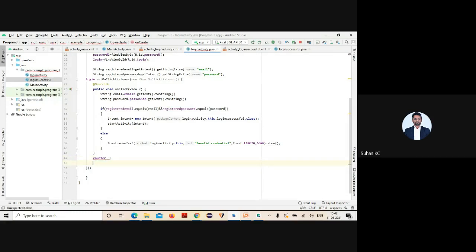I'll just write if counter equal to 0. What should I do is I should display a toast message, right? So to display a toast message, capital T Toast dot makeText method. This makeText method gets 3 parameters I'm passing. So first and foremost thing is